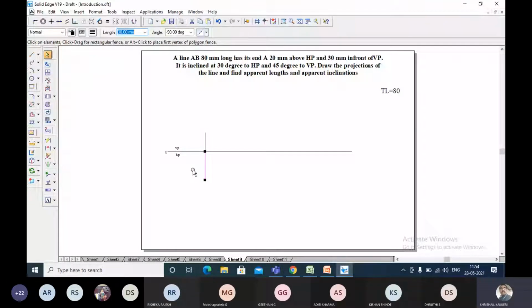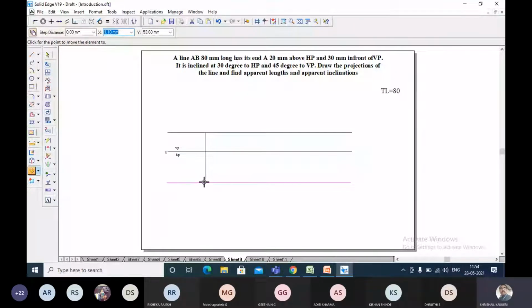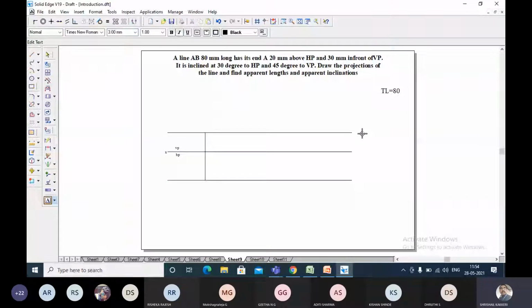Okay. Now let me take one line. Let me take a line, copy this line from this end point to here and here, and this will be called the locus of A. And this is also the locus of A, and you can copy it by clicking one reference point on the line. Okay, this is the locus of A.